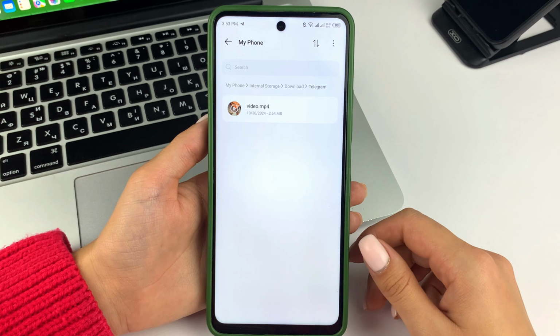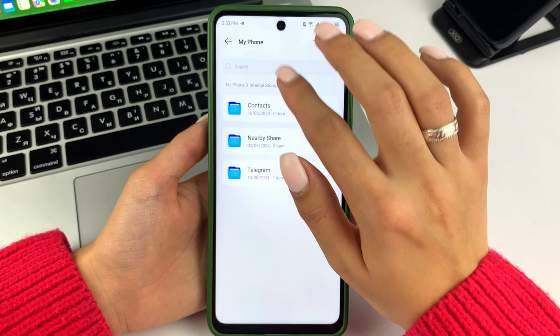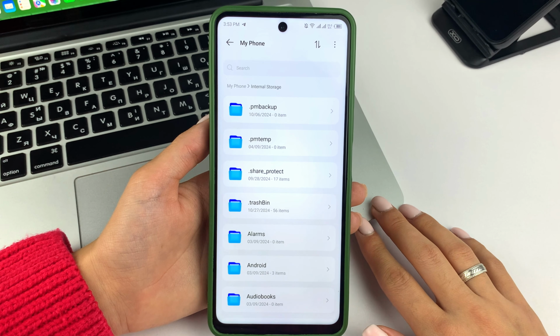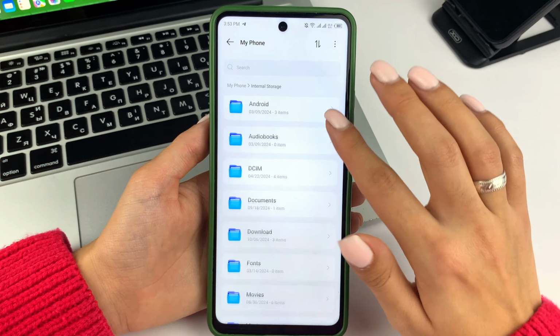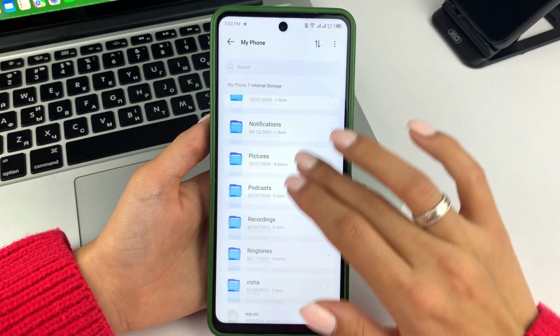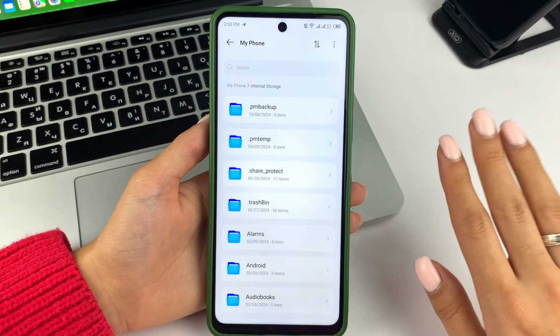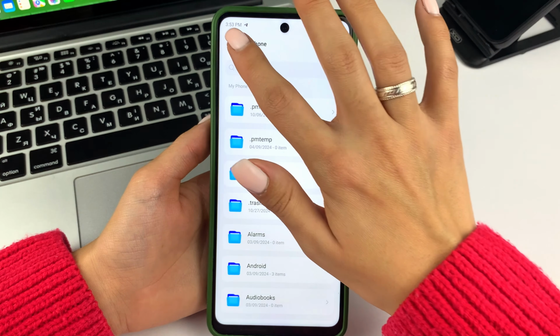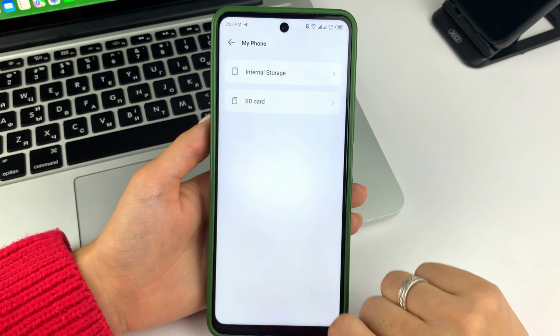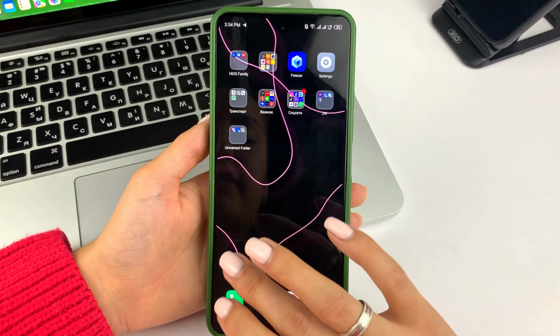If you don't find the Telegram folder, then maybe you don't have that folder. Maybe you have all your previously downloaded videos in a folder called Downloads. Either way, you'll just have to search through the various folders that you have on your device. Once you go to the internal memory, there you will at any rate find all the previously downloaded videos from Telegram on your device.